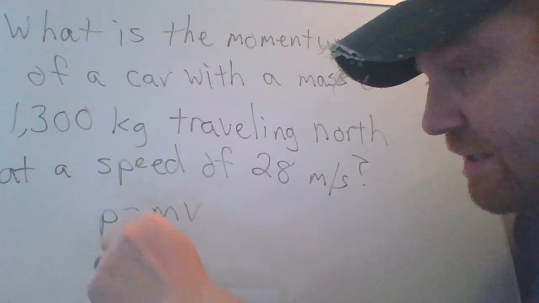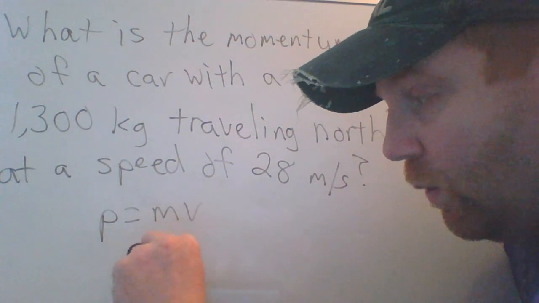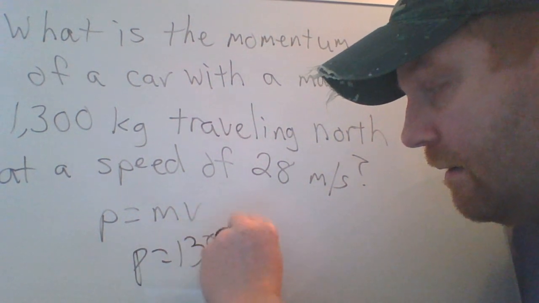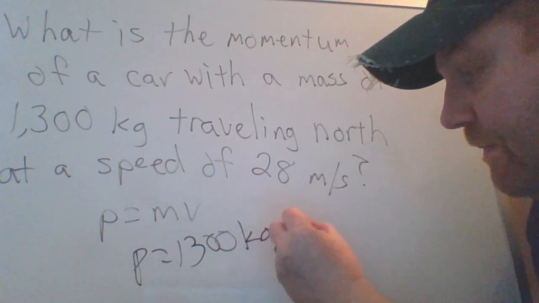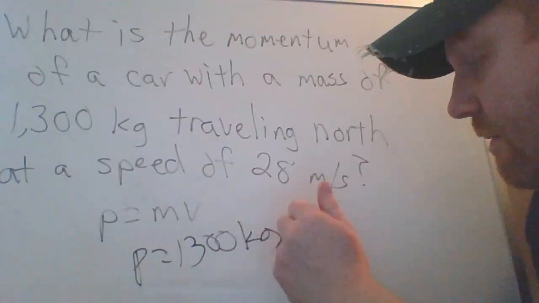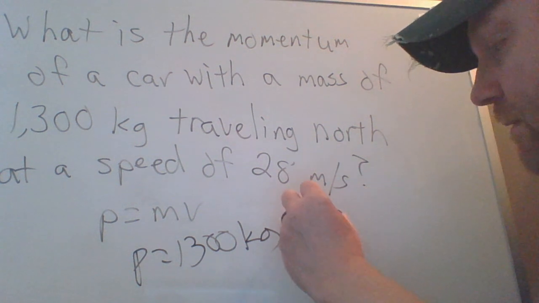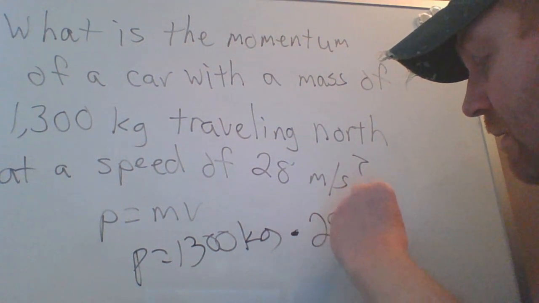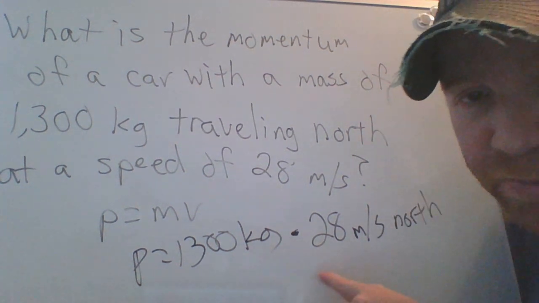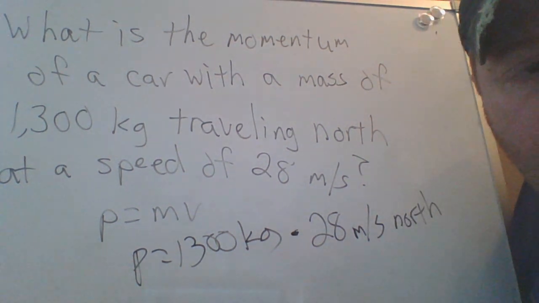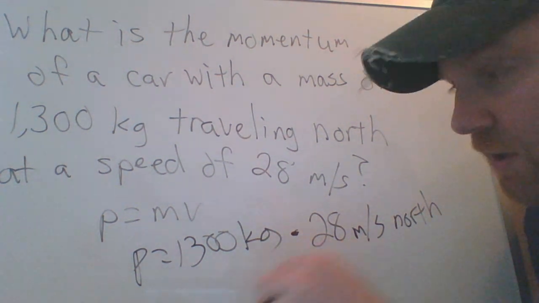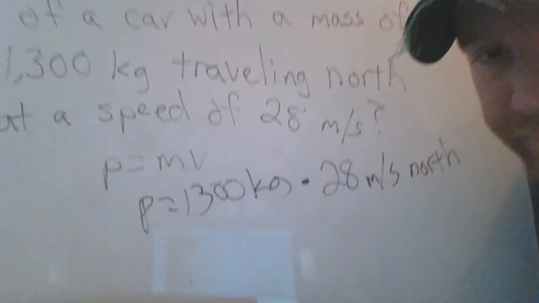P equals 1,300 kilograms times the velocity, which is 28 meters per second north. We're going to multiply the two. I already have the answer written down. If you multiply those two, the momentum equals